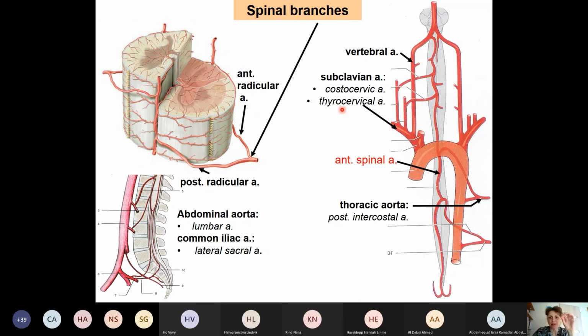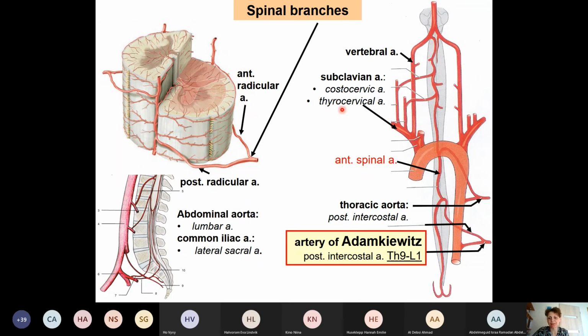And I also want to emphasize that not all of these spinal branches are strong, so lots of them are very thin, but mainly we have one or two very strong spinal branches, and these arteries are called artery of Adamkiewicz. So these are the especially strong spinal branches. They mainly originate from T8 to L1 from one of the intercostal arteries, but not always. You will see it. And this Adamkiewicz artery is very important for the blood supply of the thoracolumbar part of